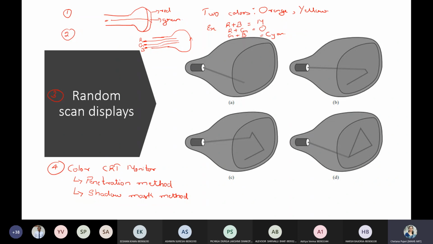Now based on this, we can differentiate between raster and random scan. In raster scan, the resolution is usually low because you are scanning row by row and then fetching the intensity, whereas in random scan you are focused towards a specific pixel. So random scan has a high resolution, and random scan is comparatively expensive compared to raster scan. Modification is easy when you go for random scan compared to raster scan.